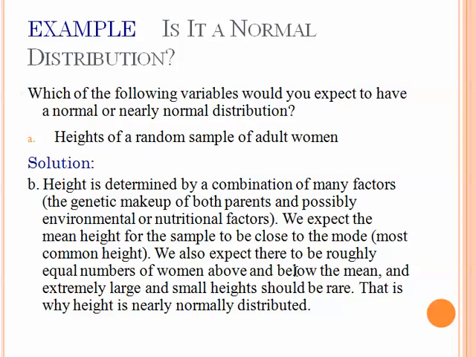Height is determined by a combination of many factors: genetic makeup of both parents, environmental or nutritional factors. We expect the mean height for the sample to be close to the mode, the most common height. We also expect there to be roughly equal numbers of women above and below the mean, and extremely large and small heights should be rare. So that means that the height would be nearly normally